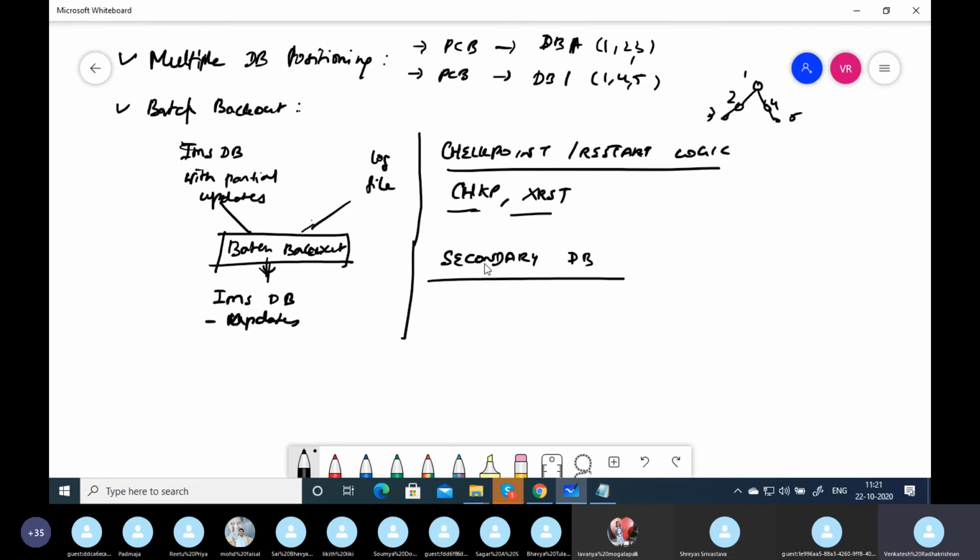So we can have a secondary DB. It's a separate database like a primary database. So this also is an advanced concept, but it's not very tough. So all these are advanced concepts: logging the records, log files, multiple database positioning, batch backout process, secondary database, and checkpoint restart logic.